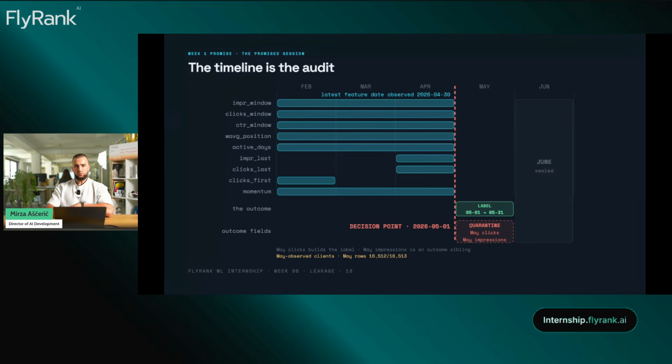Make sure all the 9 pieces of information the model used are known by the time it has to make a choice. And we checked this with code, and not just by remembering. The clicks in May are part of the answer, and the views in May are not part of the answer, but they come from the same months as the answer. So both stay locked out of the feature list. IDs are for grouping, not for learning from.